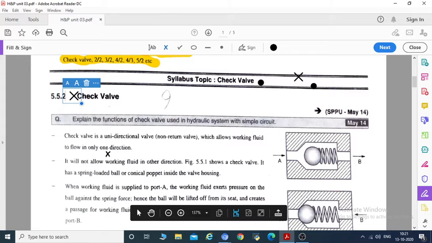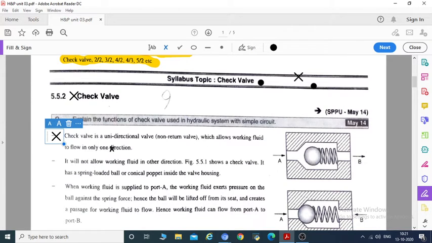So what is the check wall? Check wall is the unidirectional wall which allows the working fluid to flow in one direction only. It is the one direction wall.